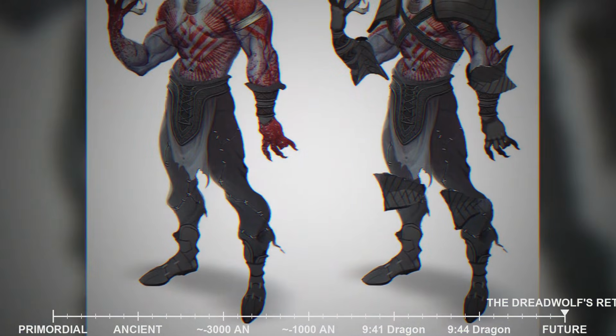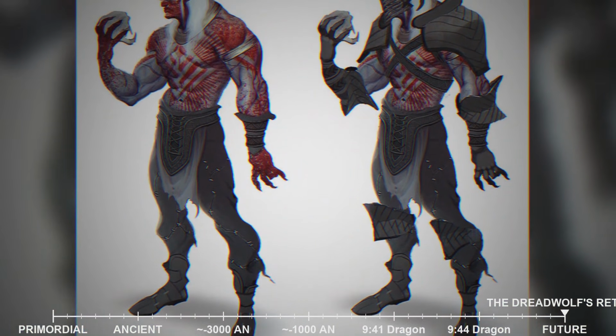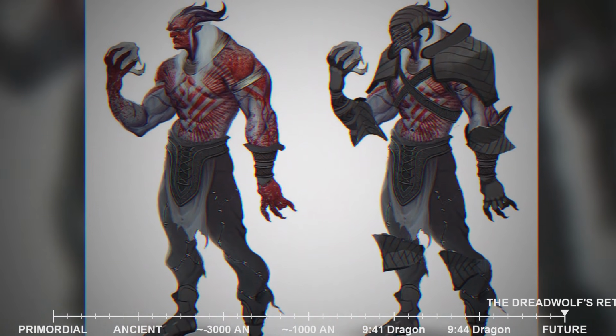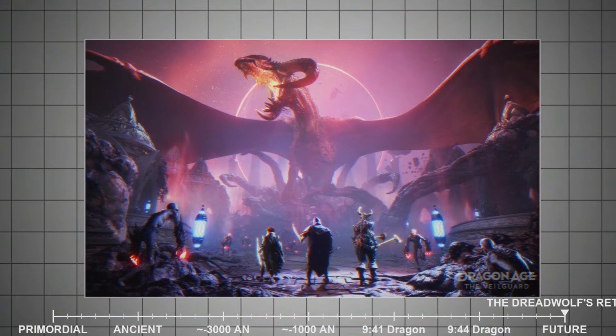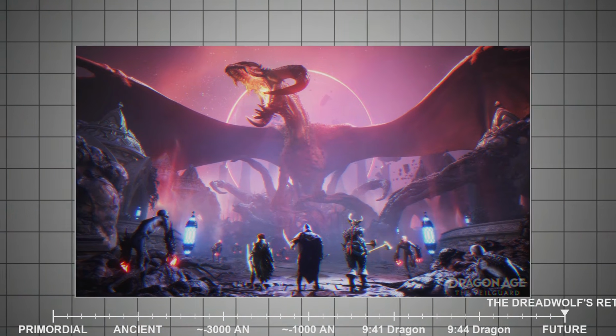The Qunari's ultimate objective remains the conversion of all to the Qun, and Tevinter, with its magic, its mages, and its individualistic culture, represents the antithesis of everything they believe. This ideological clash could erupt into a conflict that dwarfs anything seen before, with devastating consequences for all of Thedas.